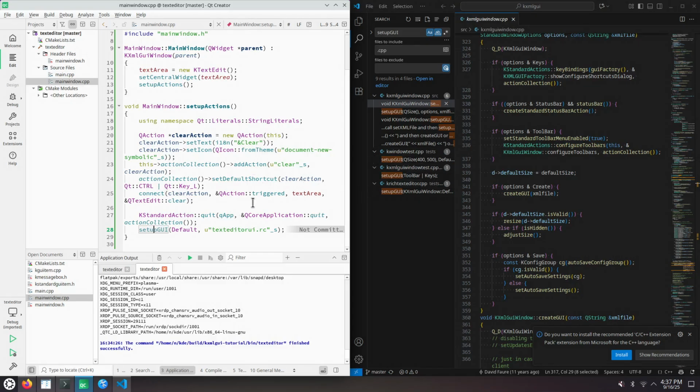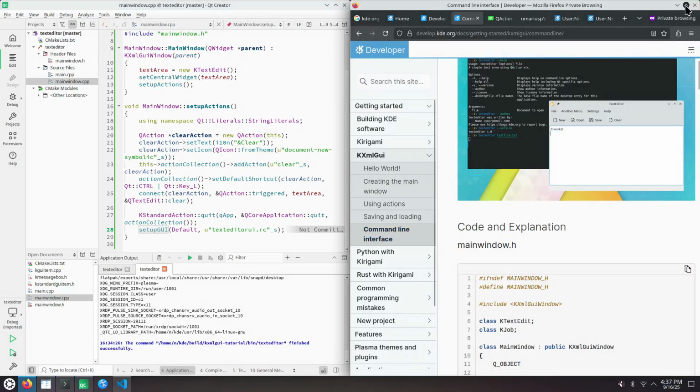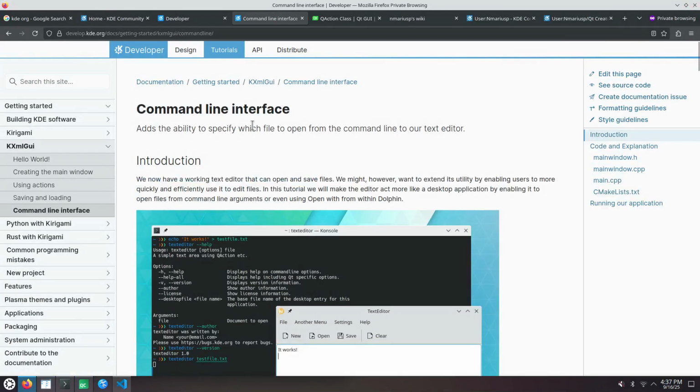Okay, so this is it. This is how to follow the tutorial on how to use the most elementary KDE frameworks for creating graphical user interface applications that use Qt widgets. So if you're creating a KDE application, that's a graphical user interface application, and uses Qt widgets, then you're probably going to use KXmlGui for creating the main menu, the status bar, actions, main toolbar for letting the user edit in a uniform way across all of the KDE applications that use Qt widgets,